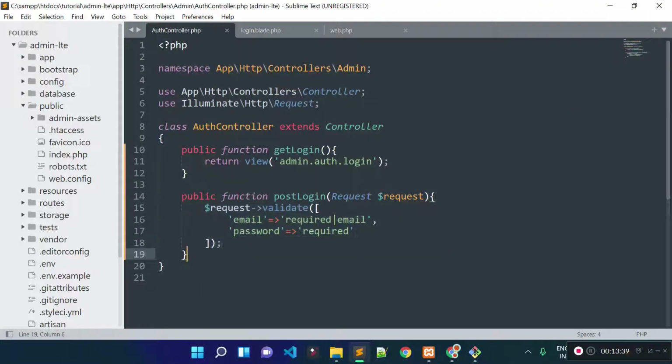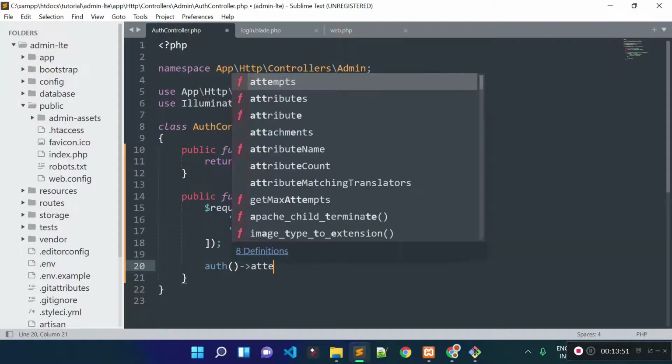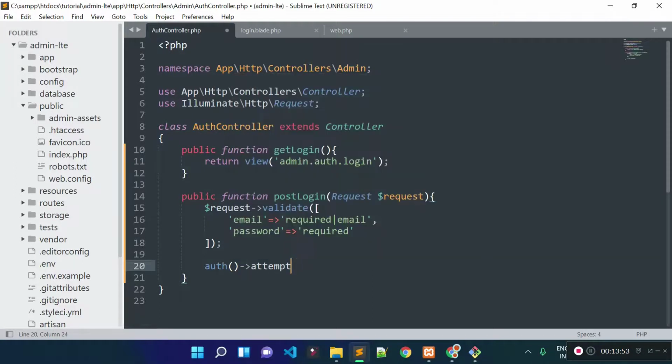Now let's do the credentials checking inside our post login method. So we need to check the user's credentials, right? And we can check the user's credentials with the help of the auth attempt method. This will help us to check the user's credentials during login functionality, and this will log in the user to our system if credentials are matched. Okay, and inside this auth attempt method, we need to provide the user's email address,